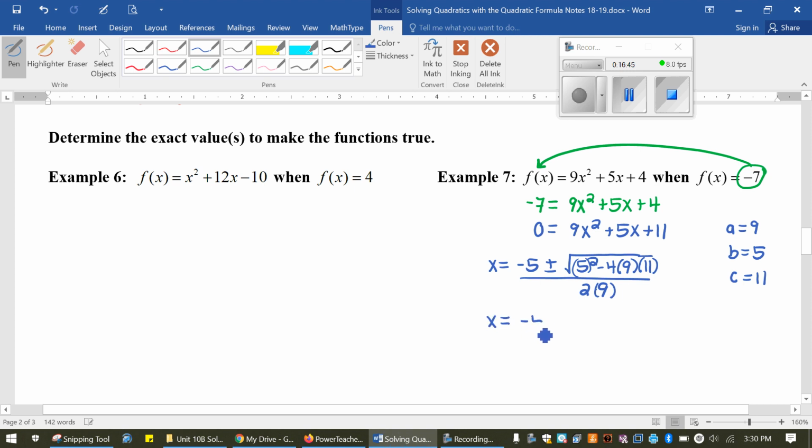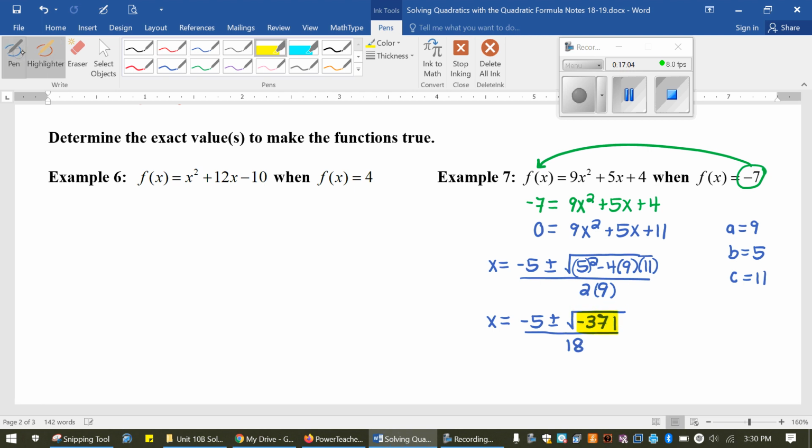So if we put this into our calculator, 5 squared minus 4 times 9 times 11 is going to be -371 underneath my square root, and all of that is over 18. We cannot have a negative underneath our square root, so this is no solution,